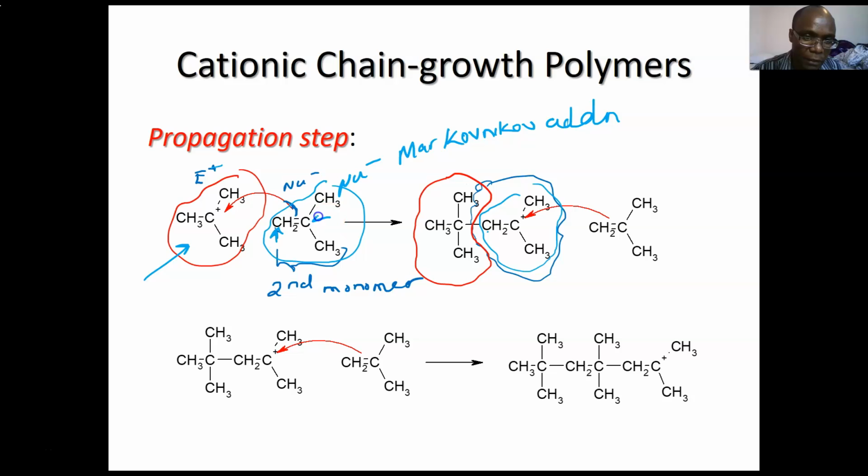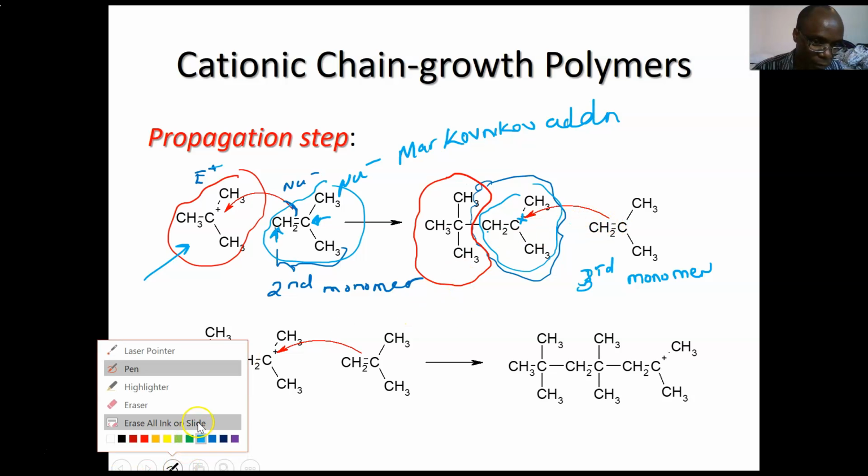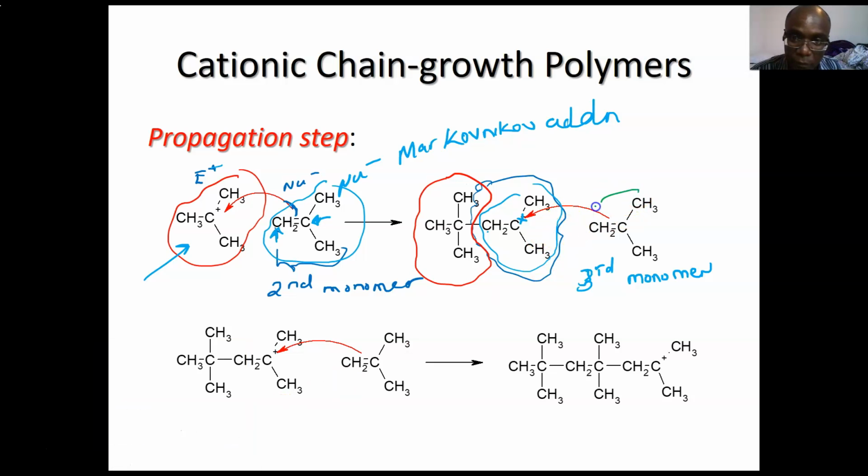Now this carbon right here will be one bond less, so it bears a plus charge. And then a third monomer will come to be added. So it's still addition, chain growth polymerization. So this is the third monomer. It does the same Markovnikov addition. Okay, let me use a different color to circle it. So this piece will end up being